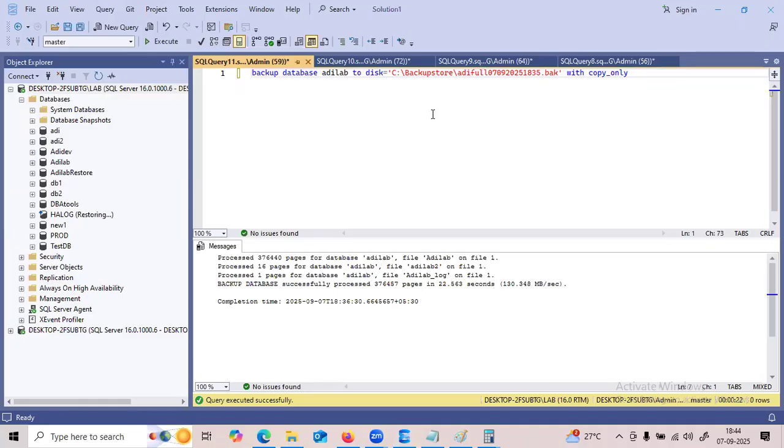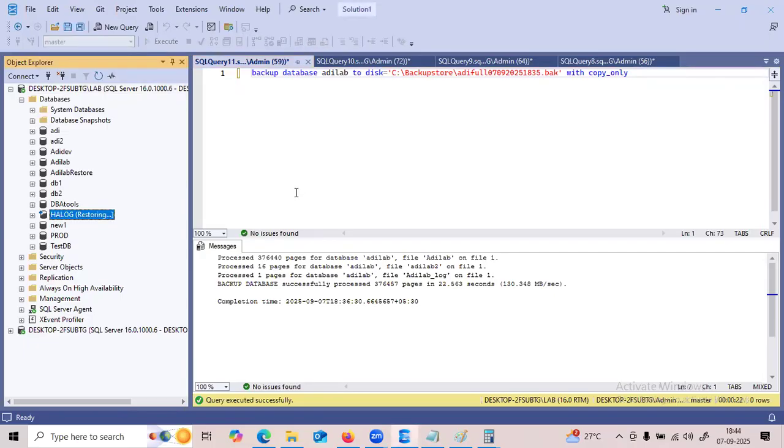If you want to keep the database in restoring mode, what you need to do is take the log backup with NO_TRUNCATE. At that time, the database will go to restoring mode, and we can restore the previous full backup and differential backup, and we can bring the database back for troubleshooting purposes. Say I want to restore the database to a previous state. For that scenario, we can take the tail log backup. That is one answer.